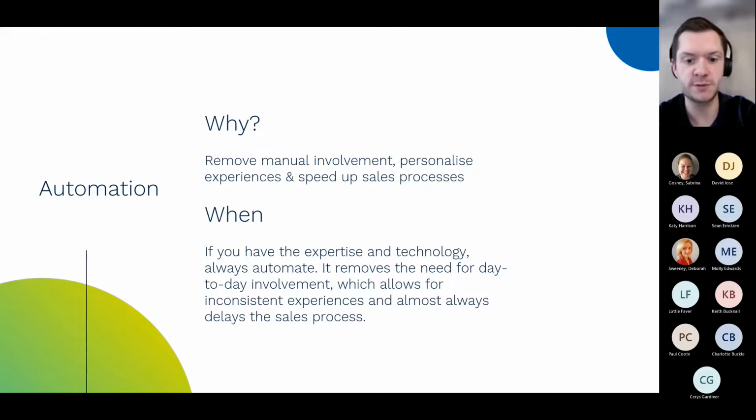But if we do have it, we can start to engage and trigger based on that. And we can also speed up sales processes by removing the requirement for a sales associate to follow up on a weekly basis. We might just look like we're spamming someone because we're just saying, are you interested? Are you interested? Are you interested? Actually, if we start to use automation to serve content based on engagement, and only when they get to a certain point do we serve the next message, we can give people information that's relevant for them at the time that they're currently in, whether they're close to buying or not close to buying.